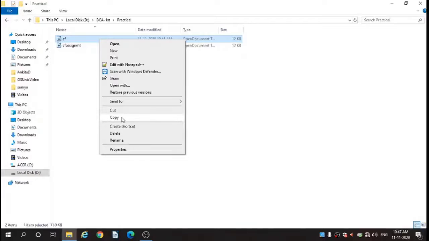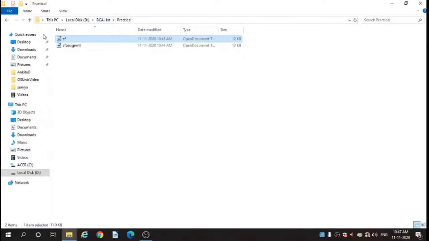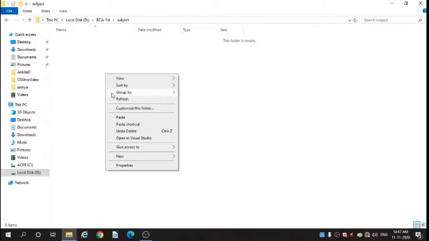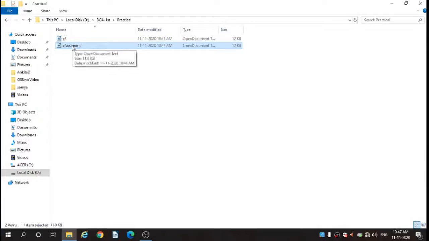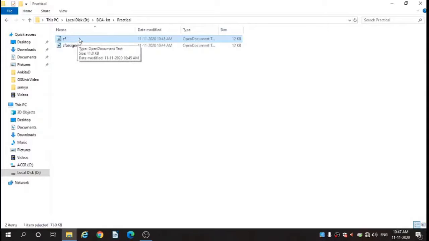So I am using copy here. I'll show you how to copy it first, then go back, then you go to the subject folder, and then you have to paste it here. This is the CF. If you don't want it in the practical folder, then click on this file. I already did this copy and paste.